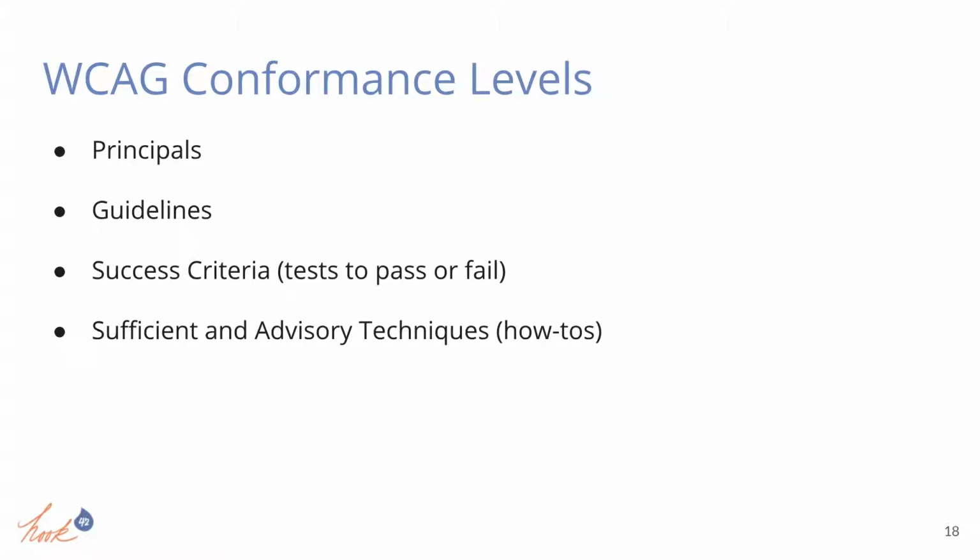Principles is four, and we'll get that in a second. Guidelines is just how to communicate it, right? Success criteria is the test. Is your color contrast ratio exactly this? That is the test. Do you pass or fail? And then there are these things called advisory techniques, which are essentially how to pass a test, right? So that's